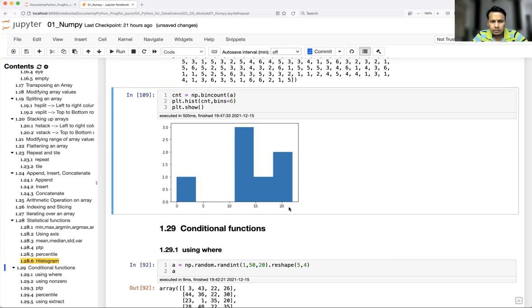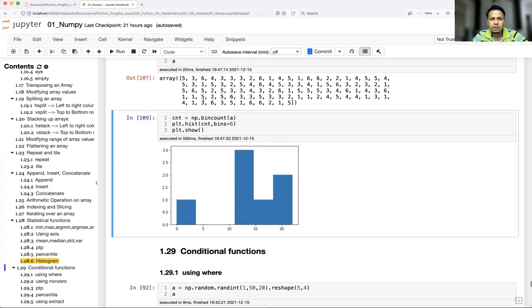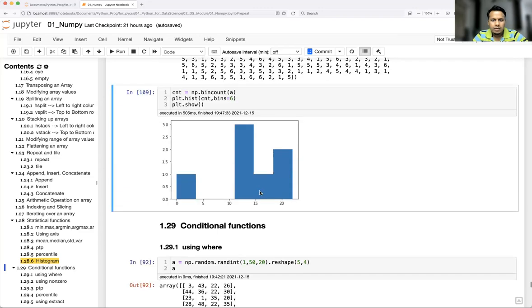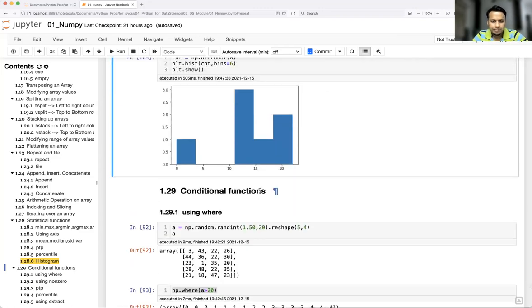Don't worry about these numbers. These are nothing but the steps which are printed here, but you can modify this later, which I'll show in the graphing section. So you can get the exact number like 0 to 1, 1 to 2, 2 to 3. If you are throwing the dice, it is coming around 0 to 1, 1 to 2, 2 to 3, like 3 to 4. So that number 3 is coming very high. If you count also, you will find number 3 has come so many times. So that's what a histogram does.